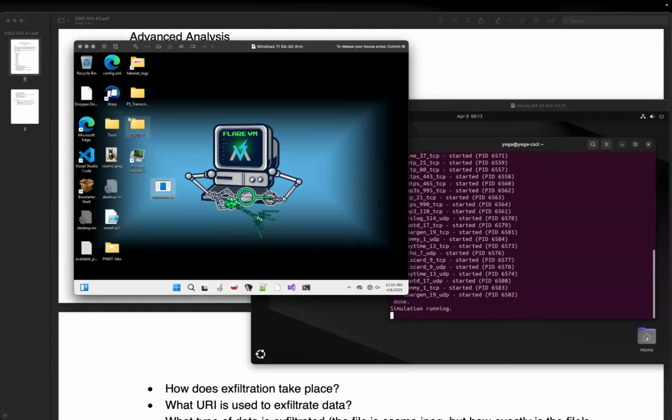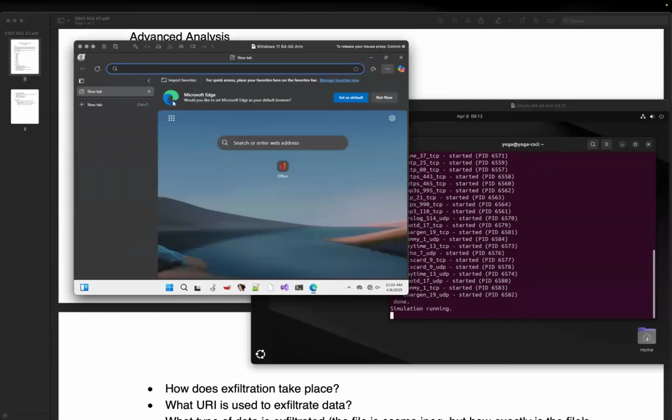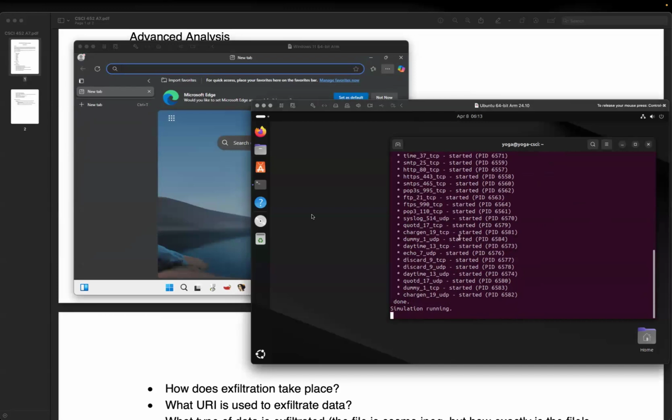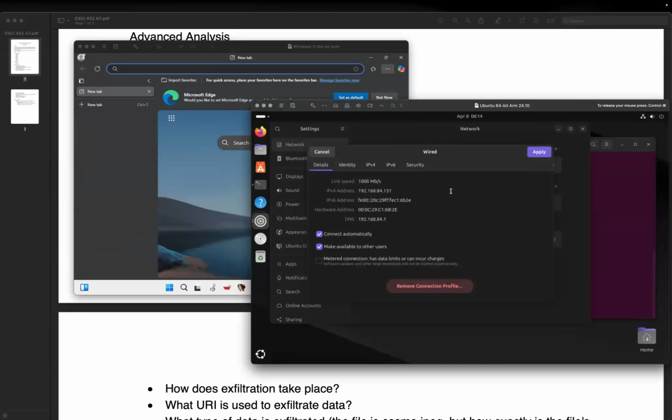How can you check the connection is working? You can just type the IP address. Let's say it is my VM, it should be